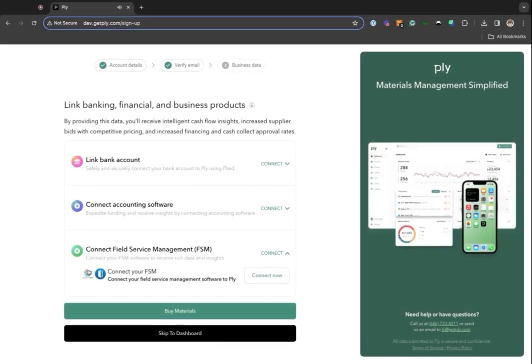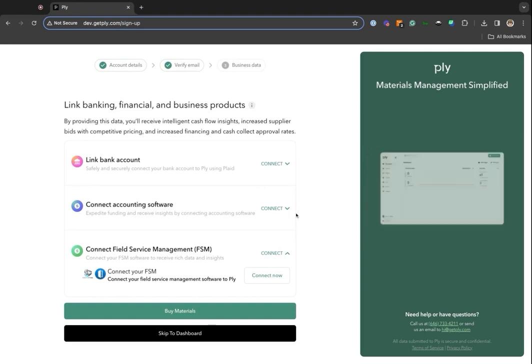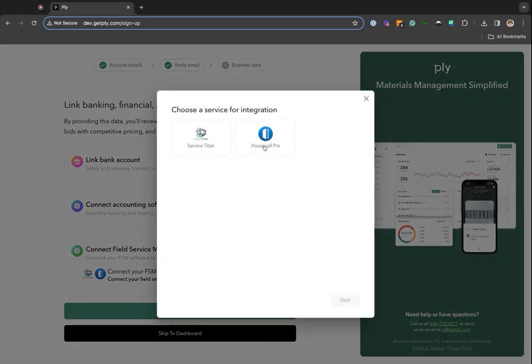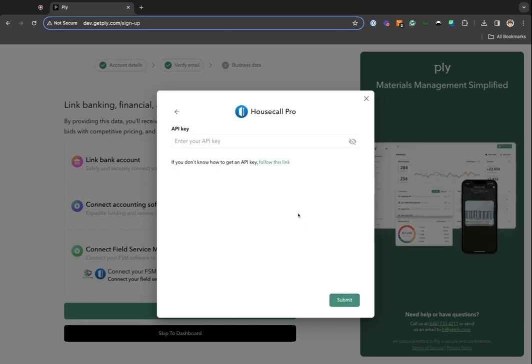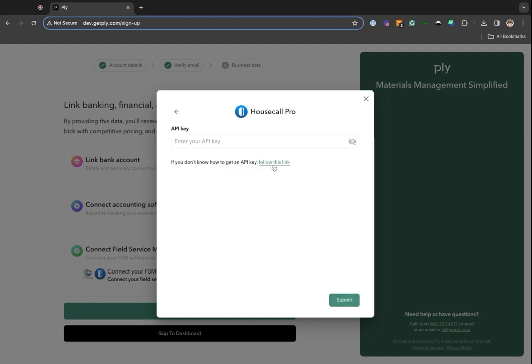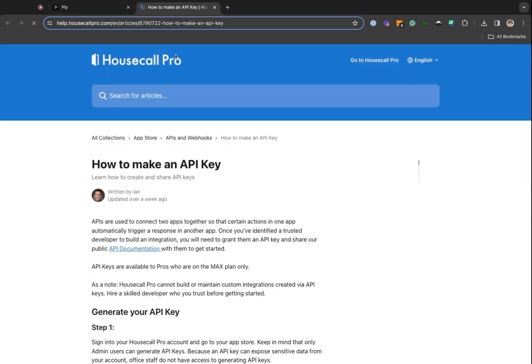Ply has a deep and bidirectional sync with Housecall Pro. To get started after you've created an account, you can click Connect Now. Choose from one of the integrations. We're going to choose Housecall Pro. Click Next. There's a helpful link here when generating your API key that you can follow with helpful instructions on